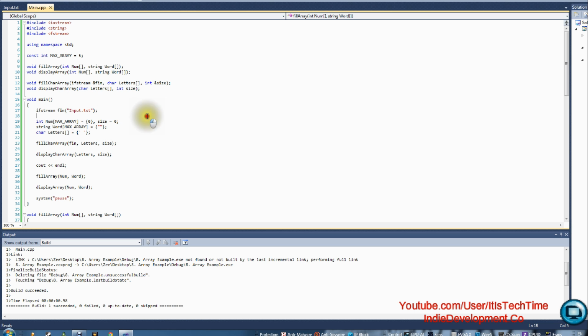Other than that, there is nothing you need to do about adding a library. It's included in the iostream library. So I hope this was easy for you,